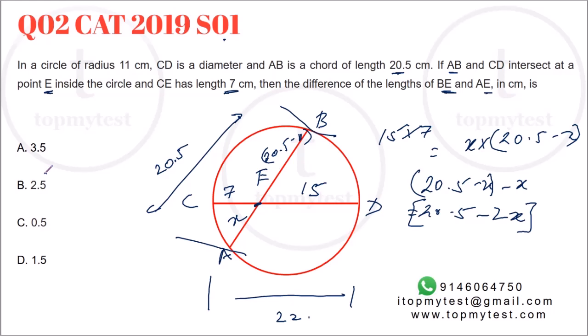Okay, let's try say 2.5, because it's a middle value. There are 0.5, 1.5, 3.5, 2.5. So let's try with 2.5. If you put 2.5,